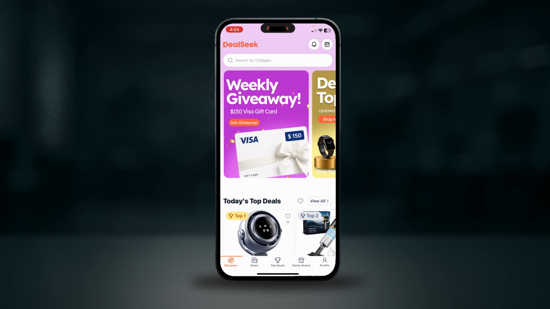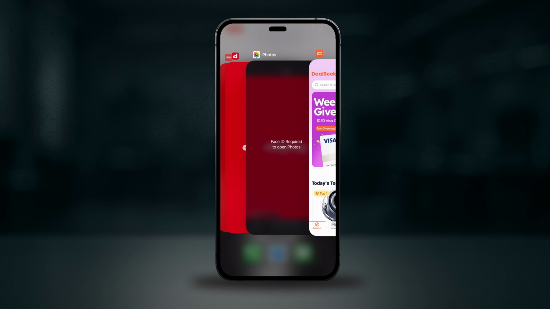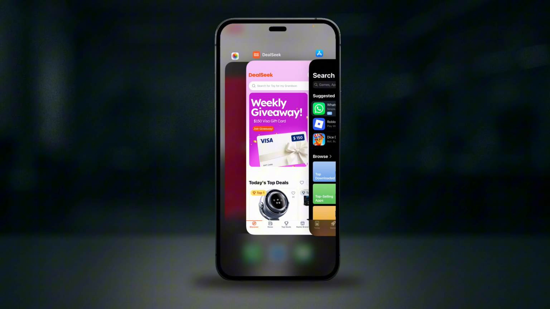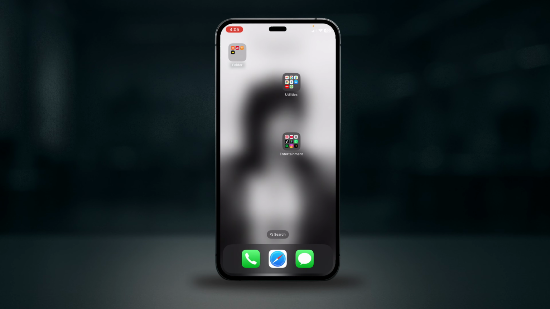Here's the quick fix. First, open the App Store and then tap on your profile picture at the top right. Pull down to refresh. Look for DealSeek in the list of updates and tap Update if it's there. DealSeek has pushed multiple fixes in the recent versions, including specifically fixing a crash when opening certain collections in version 1.59. If you're already on the latest version and it still crashes, press and hold on the DealSeek icon on